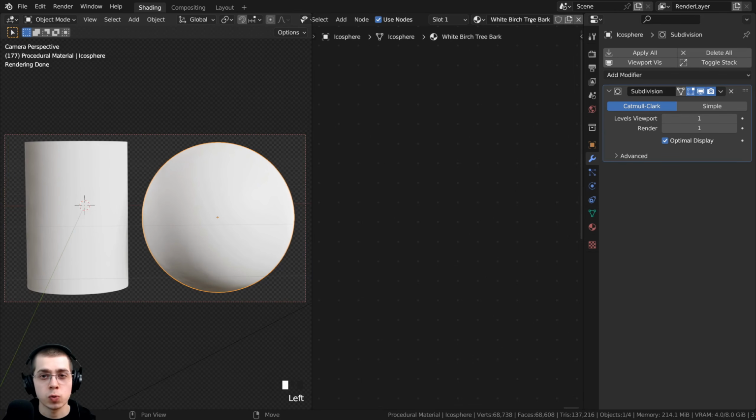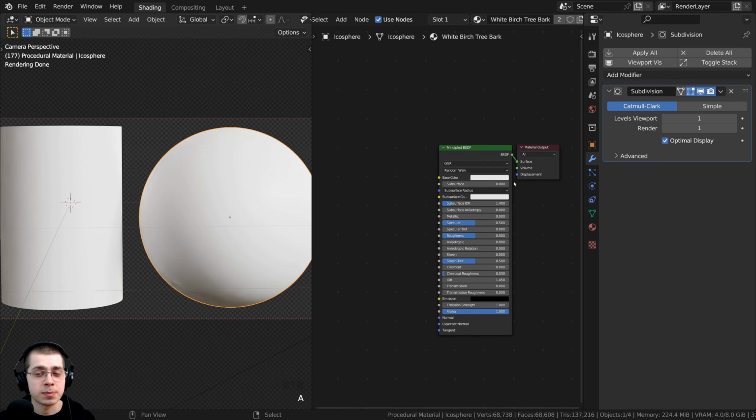And I will rename it to white birch tree bark. And then I can also click and drag right here on the material, and I can drop the material onto this object as well. So they both have the same material. Now, because we're going to be using the displacements, we need to tell this material that it can use the